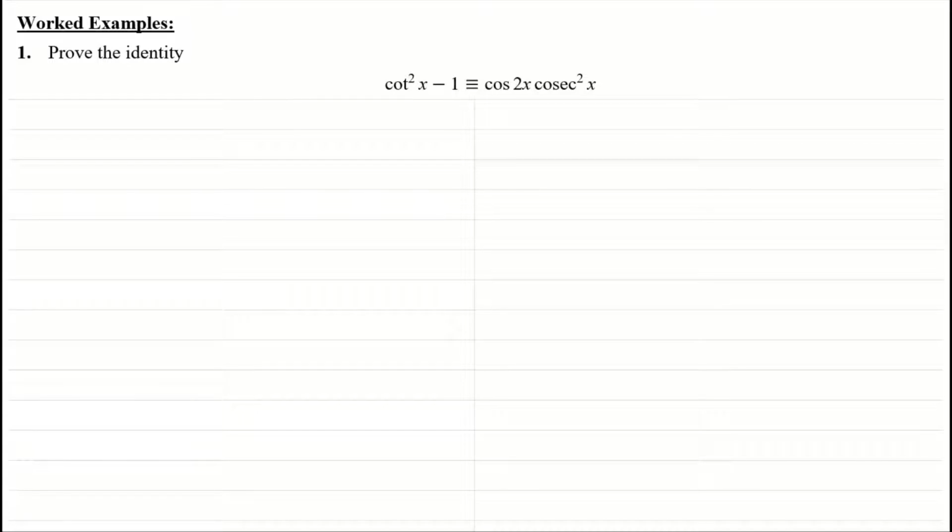Now, just before we begin, there's a few things you might want to consider here. Notice we've got a cot squared here. We've got a cosec squared. I'm just going to highlight these in different colors, and we've got a cos 2x here. All right, so they're all kind of speaking different languages in a way. We've got a double angle value of cos 2x,